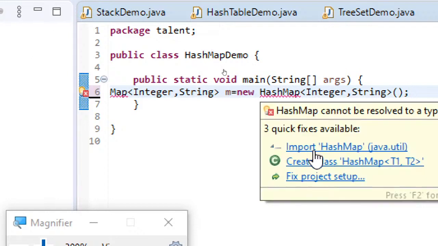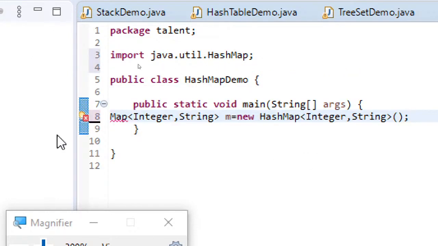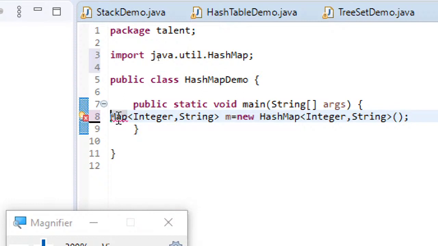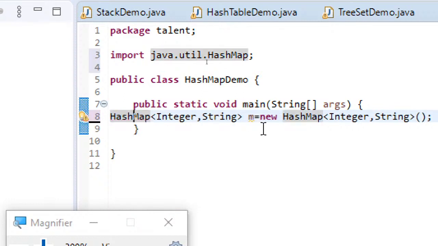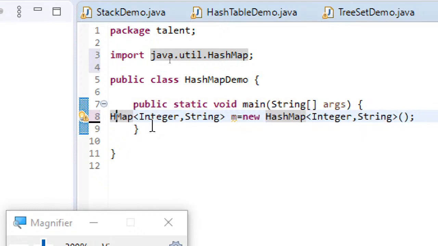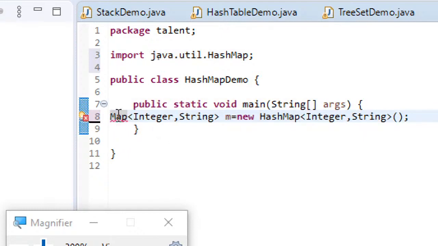So let's import this hash map. Here you also have to import the Map interface. Rather than that, if I just write HashMap itself, then it will be simple. So a Map interface reference variable can be used to refer to a HashMap object. I think you can understand that, because a superclass reference variable can be used to refer to a subclass object. In the same context, you can even use Map also. But okay, otherwise let me use Map. That doesn't make a difference. Only one import statement.